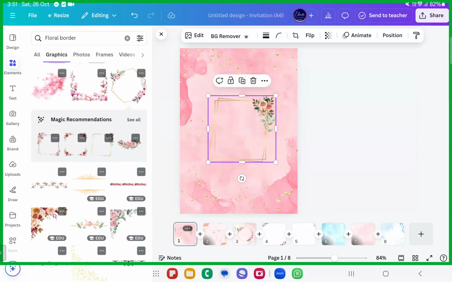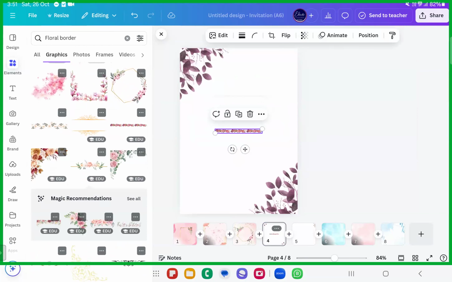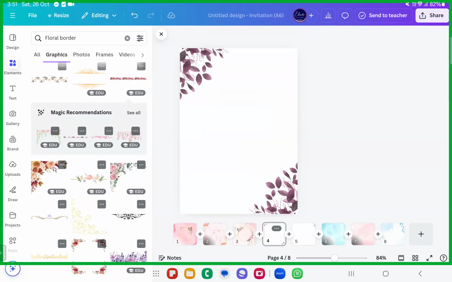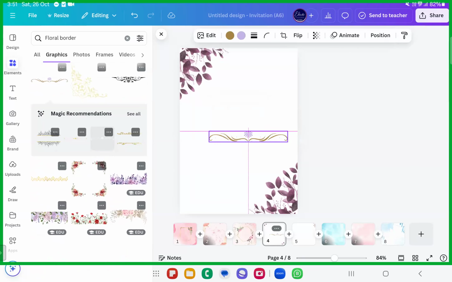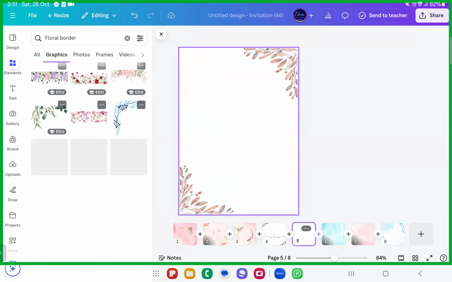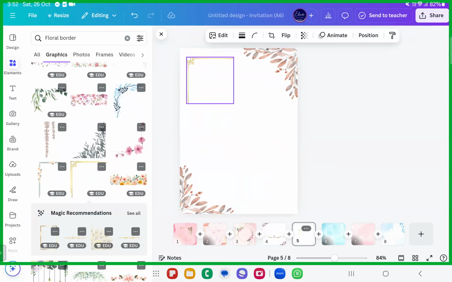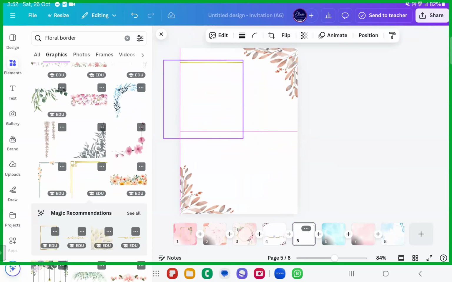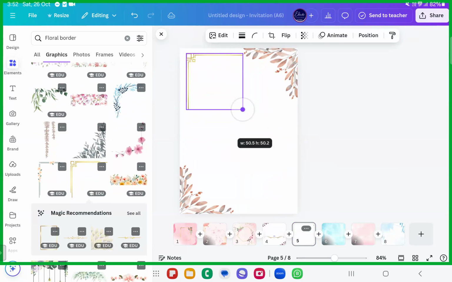Fine. If you want to add more such feel, something like these things. If you want to add some purplish things, this is all up to you, how you want to organize the things. Okay, if you want to keep it somewhere like this, you can keep it. It's all up to you, dear sisters and brothers. Fine. The next one. Come on, do these things along with me. Let's see, inshallah. If you want something like this as well, you can add it. Some borders like this, if you want, you can add it over. Okay, make sure it is a bit smaller.